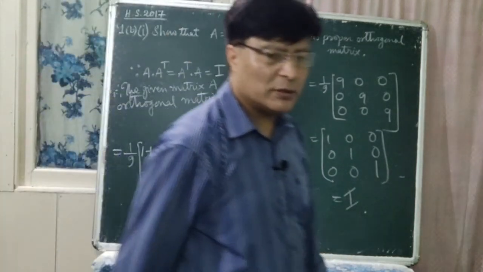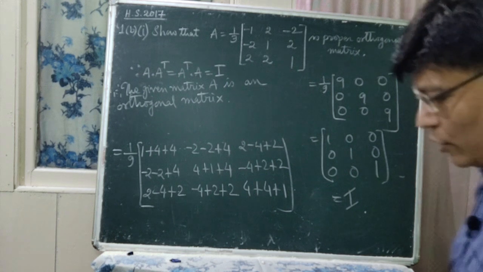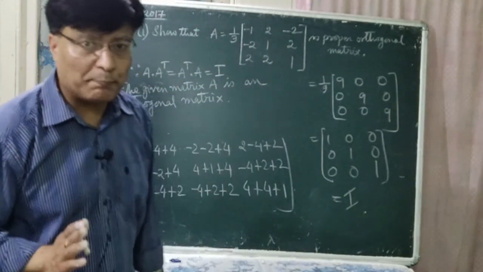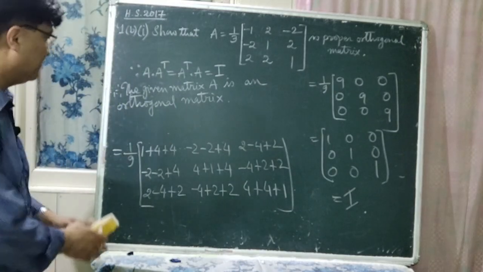Now what is to be proved? Now we prove what kind of matrix this is, what kind of orthogonal matrix it is, proper orthogonal matrix. So in that case you have to find out det A. Okay,